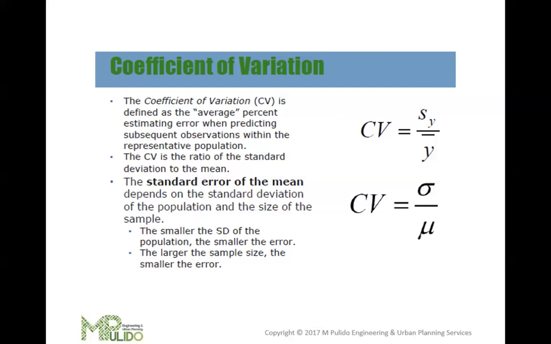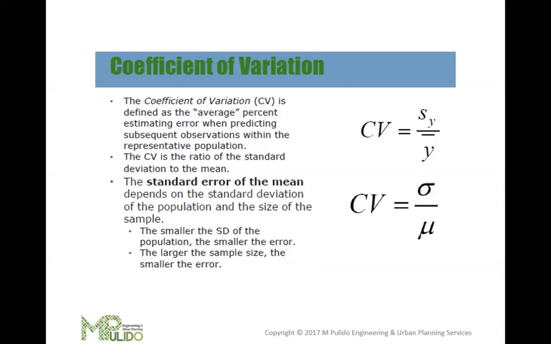How do we interpret this one? A higher CV indicates greater relative variability or dispersion around the mean. And a lower CV indicates less relative variability or more consistency in the data. Don't worry about this one. I'll be giving some examples after we finish everything.